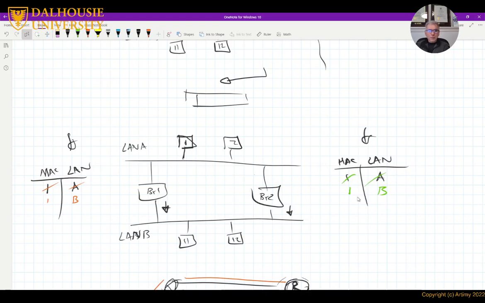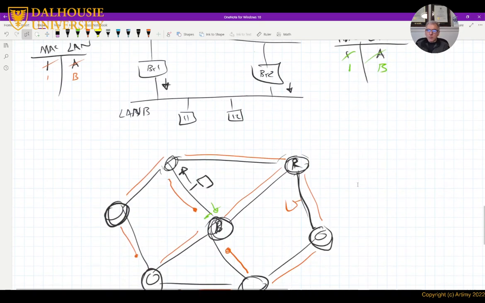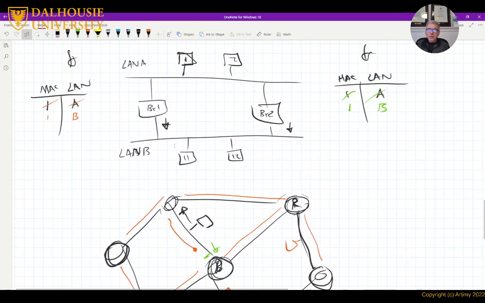So we program them ourselves, and when we program them ourselves, we may prevent some of this from happening. But in dynamic networks, it is not a good idea to program something permanently. Why? Because as I said before, we need the loops for reliability.